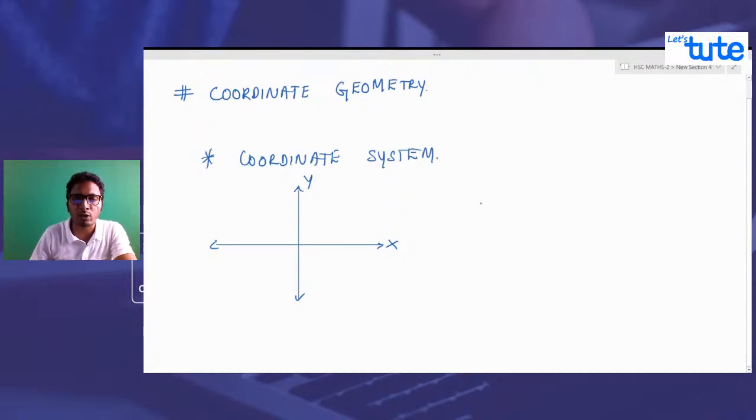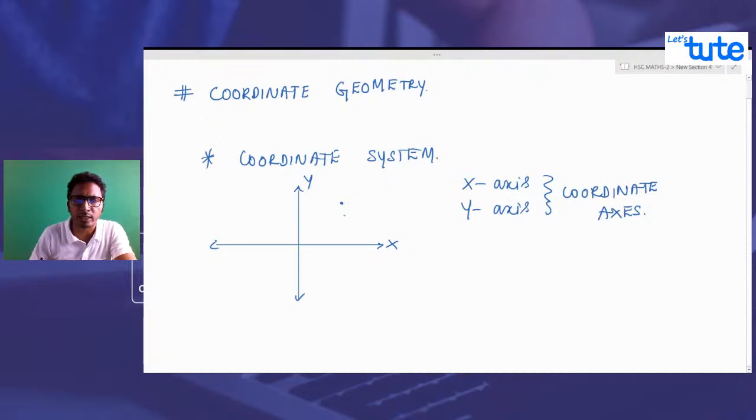So they are called coordinate axes, the x-axis and the y-axis. Now, whatever geometry is related to the points on this coordinate system, basically if you take any point, let